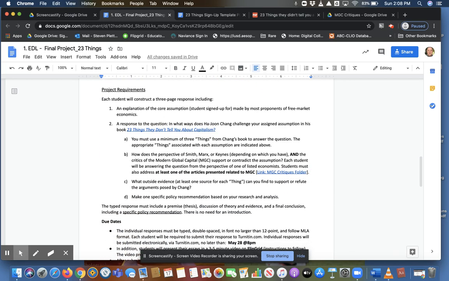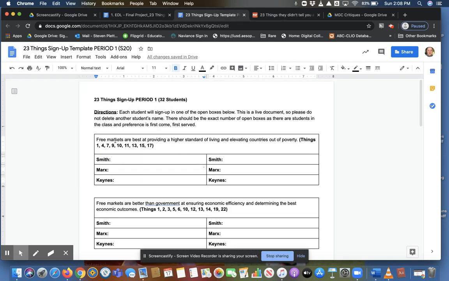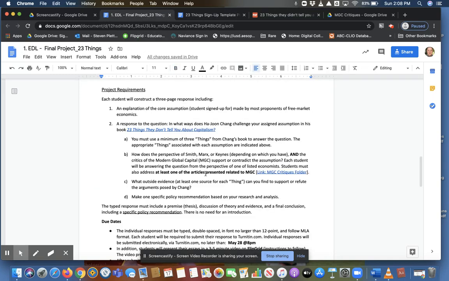you'll start looking at the components of the project. Each student is going to construct a 3-page response, which will include the following. An explanation of the core assumption. You signed up for it. So if you did core assumption 1, free markets are best at providing a higher standard of living and elevating countries out of poverty, you're going to want to explain that assumption. In the book, 23 Things They Don't Tell You About Capitalism, there is a solid explanation for each one of those,